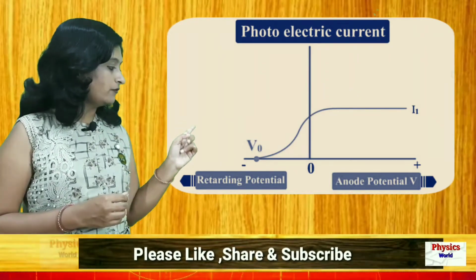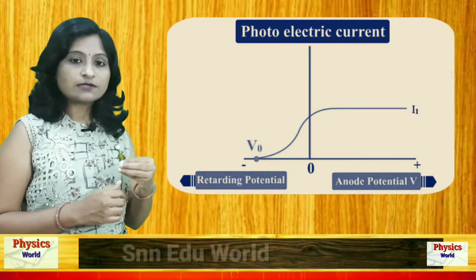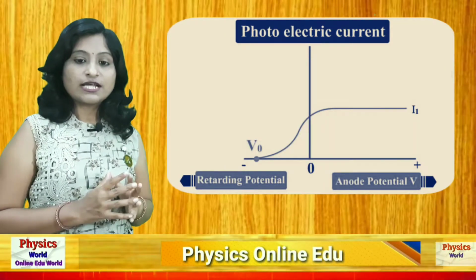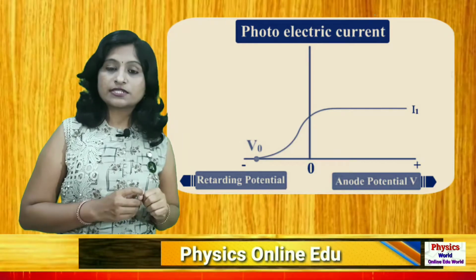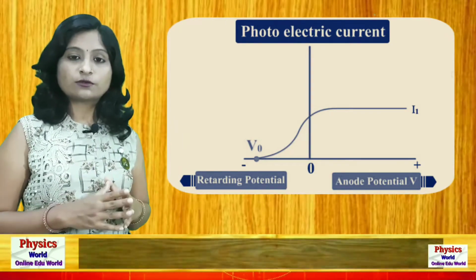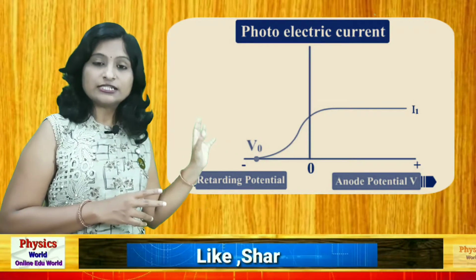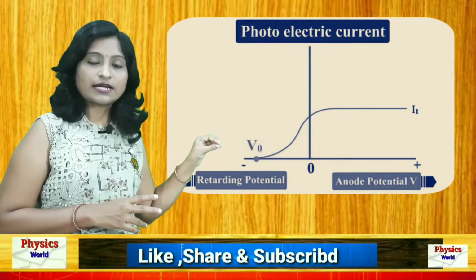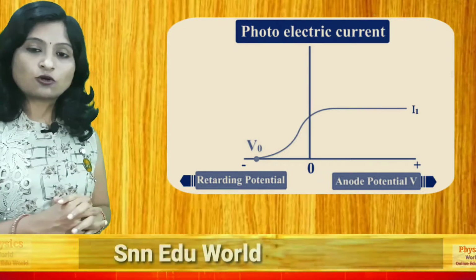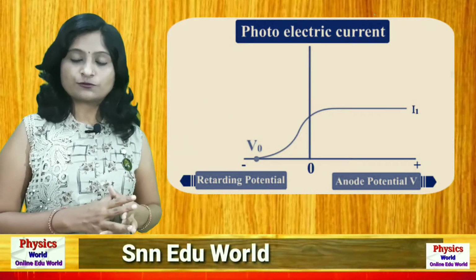We will observe that the photoelectric current is also increasing, and after some time it becomes straight, that means constant. This constant current is called the saturation current. So current will not increase beyond a particular limit. So whenever the potential is increasing, initially the current also increases, and after a particular point the current becomes constant. Okay, so this is true when we increase the potential in the positive manner.